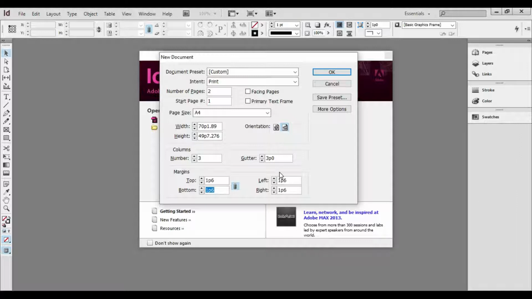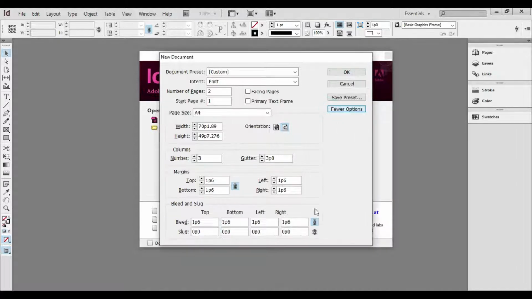Next, there are a few more settings over here which you cannot see right now, but once you click on more options, then you can see even more settings over here. So we'll select the bleed area. Select the bleed and write down 0.25 in, that is 0.25 inches, a quarter inch. Press tab.